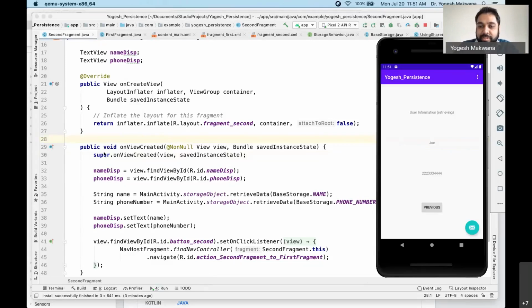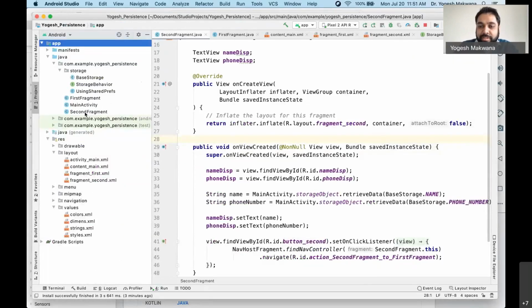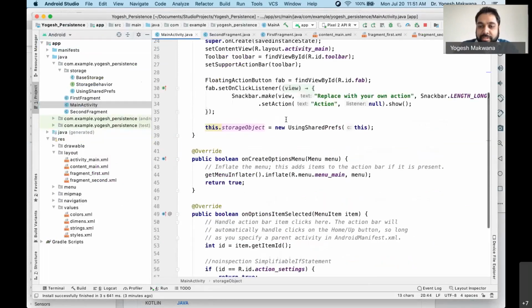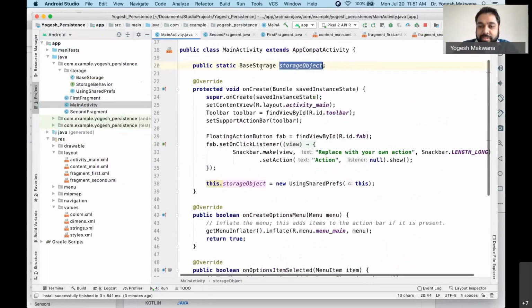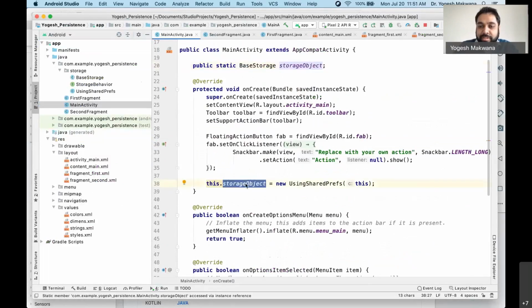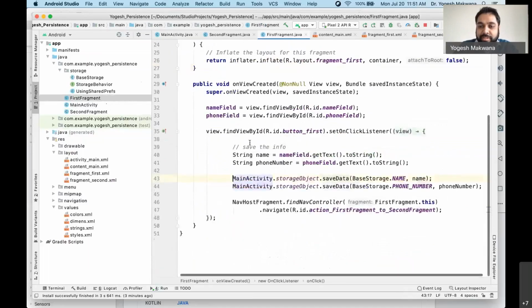Yeah, everything, just an overview. Okay. So after the break, when we took the break, we had up to this point created a storage object. This is going to provide the storage functionality to our app. We created a static object. So now we have to use it. So to use it in the first fragment,